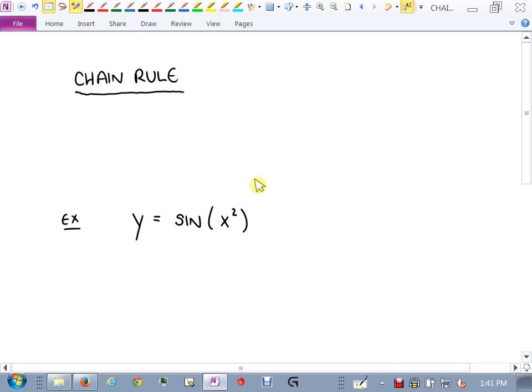So underneath this, for the derivative, I'm going to say it is cosine of my hand. Now what's my hand? What was my hand covering up there? X squared. That's the first link in the chain rule, okay? The first link is that outer derivative with the stuff inside not changed. Then, for the next link,